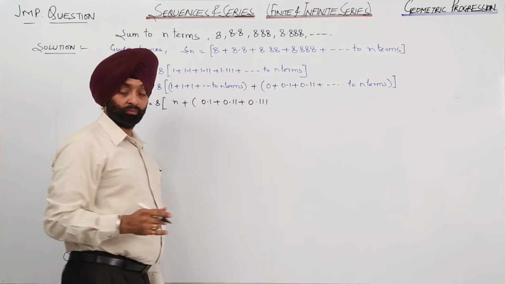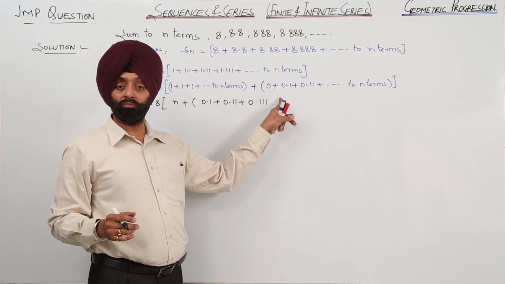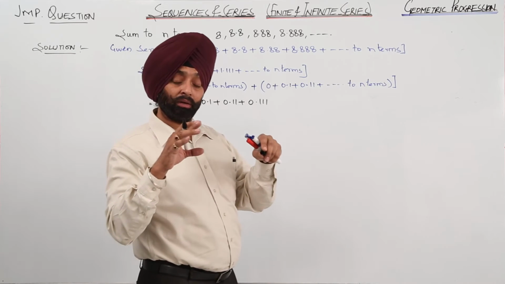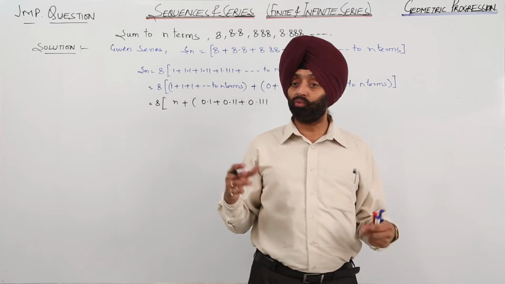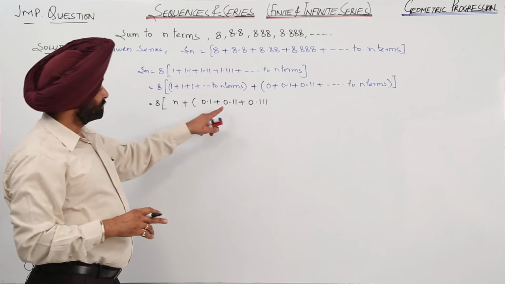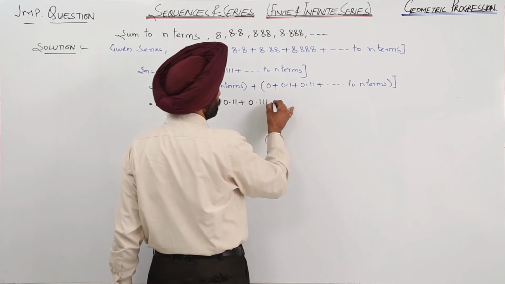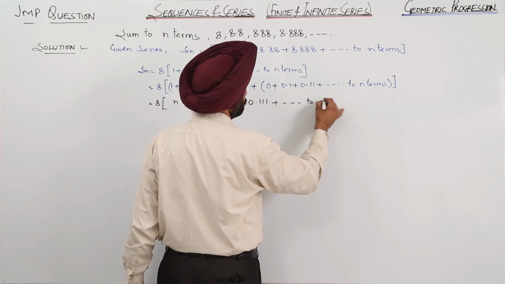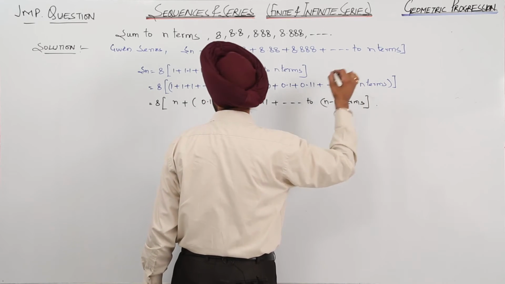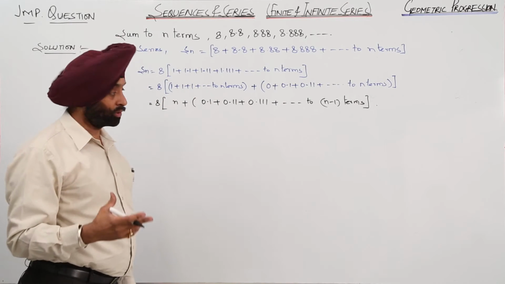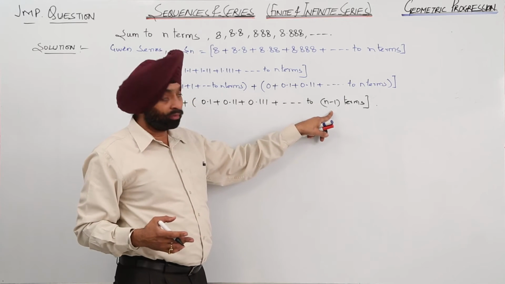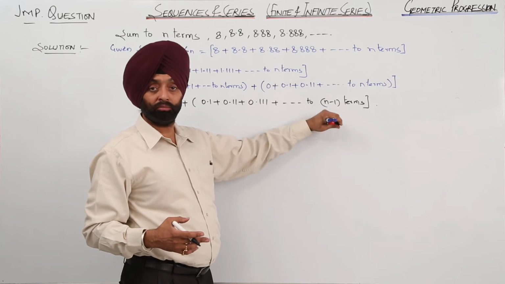Now there can be a question. You can ask, sir, where has your 0 gone? Earlier you were saying that we are not supposed to delete the 0 here, so why have you deleted it? I have not deleted it. Just look here: it is 0.1 + 0.11 + 0.111 and so on up to n minus 1 terms. I have not deleted 0 here. From the n terms, when one term has gone, that's why we have written n minus 1 terms, and this is the major issue here.